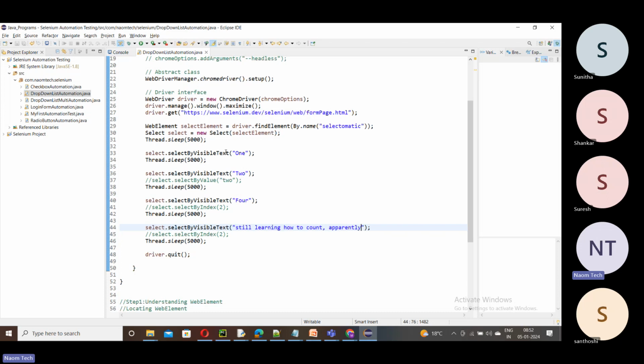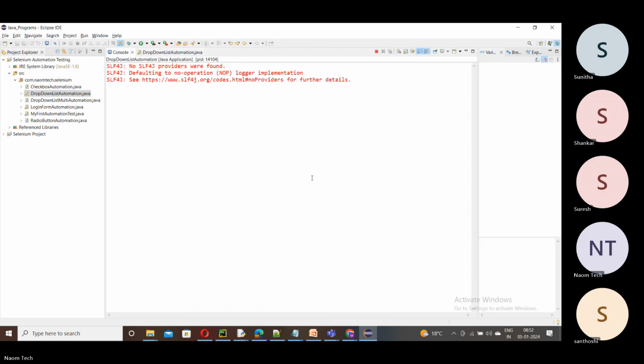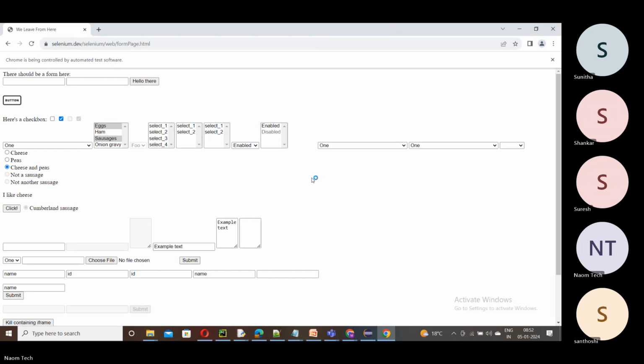So you can see now what I did. I tried to automate this drop down list by using this method only. This method alone, we are applying this automation. Now let's run this and see how this automation works here. Right click and then run as a Java application. Excuse me, friends. Now you can see it started here. Observe this drop down list where my cursor is pointing. It changed to 2 here. Now it changed to 4. After 5 seconds, again it changes to